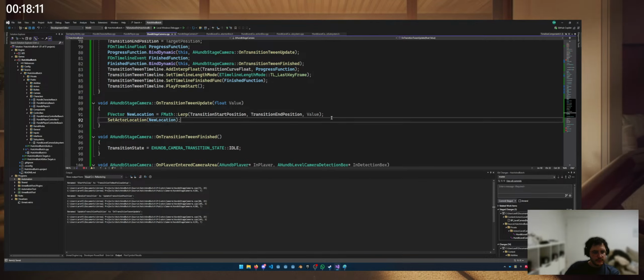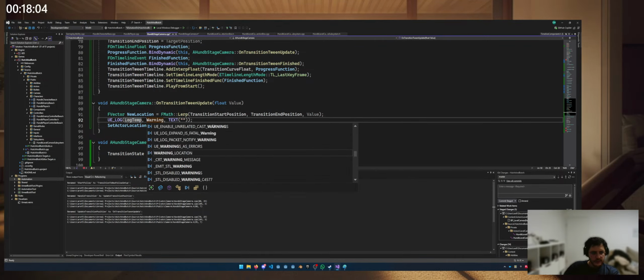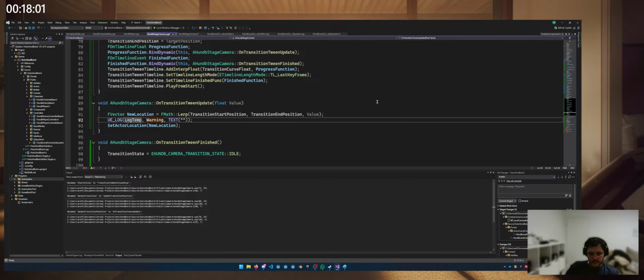Okay, so what we will do is we will log a warning, and then in text we will add, transitioning to, I think it's %f, %s, and then value %f. Then we can